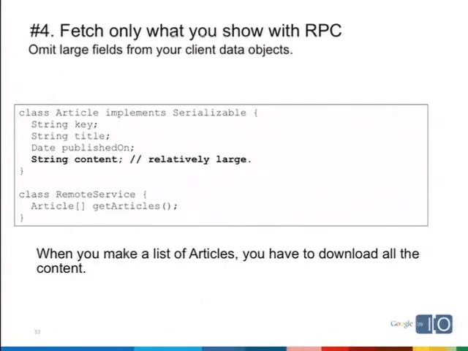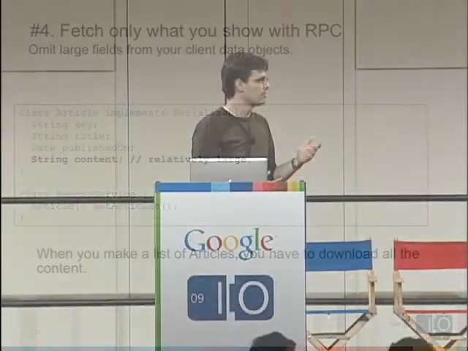Now, it is true that I may need the content later. However, it is also true that I don't need it right now, and users are unlikely to click on all these articles, and therefore they don't need the content for every one of them. So instead, a better approach here would be to, and there are a number of ways to do this,